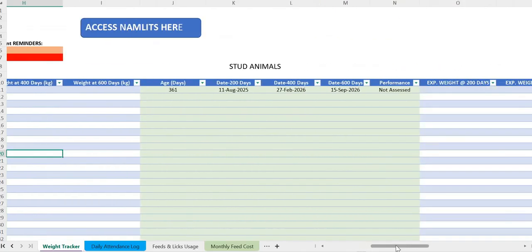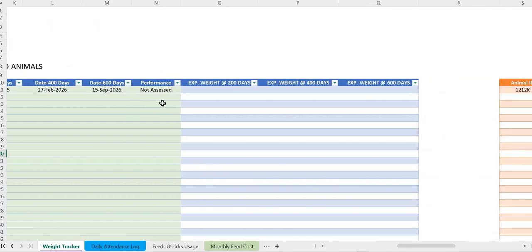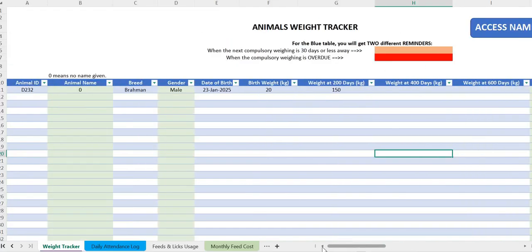And then all these other things are auto-calculated. It tells you that this animal is now 361 days old. On the 11th of August, the date was 200 days. It was 400 days, or it will be 400 days on the 27th of February, and so the performance will kick in. It will tell you that it's not assessed because the expected weight you need to come in, put in. Let's say, for example, now the day when you put in your